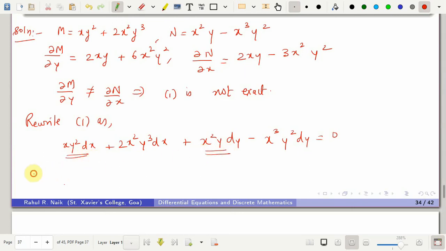From this I can take xy common, and so I get the first term as y dx and the second term as x dy. So this is in the required form, the first term as it is. Again, looking at the second and third term, what we can see is that I can remove x squared y squared as required. So a prime and b prime is equal to 2, and let's see what is inside the bracket. Inside the bracket will be 2y dx, and here it will be x dy equal to 0.